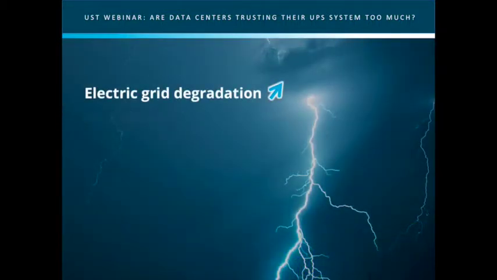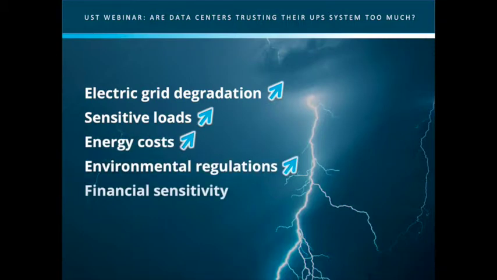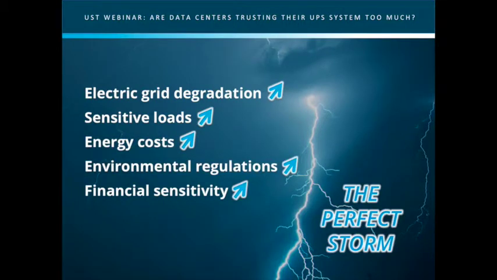Here in the U.S., we face perhaps a little bit of a different set of circumstances when considering electrical distribution. We've got a grid that could be considered in a state of deteriorating mode. The loads are far more sensitive than they used to be with these electronic controls and such. We know that energy costs are going up. We have environmental regulations to deal with. And we also have some financial sensitivity, if you will. Financial considerations might be,